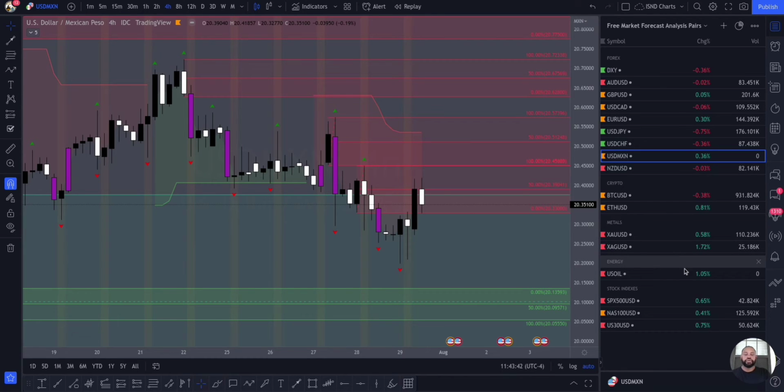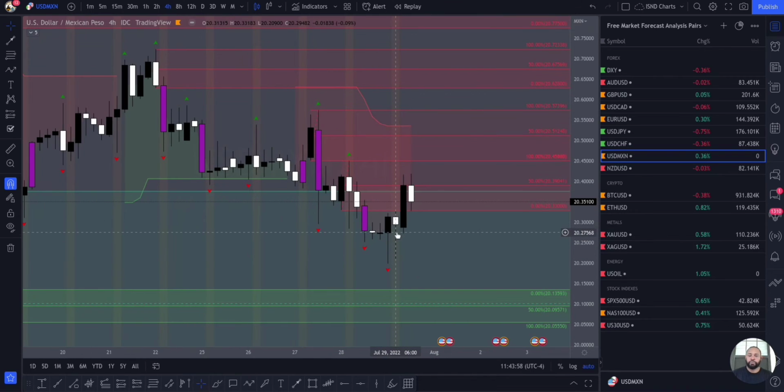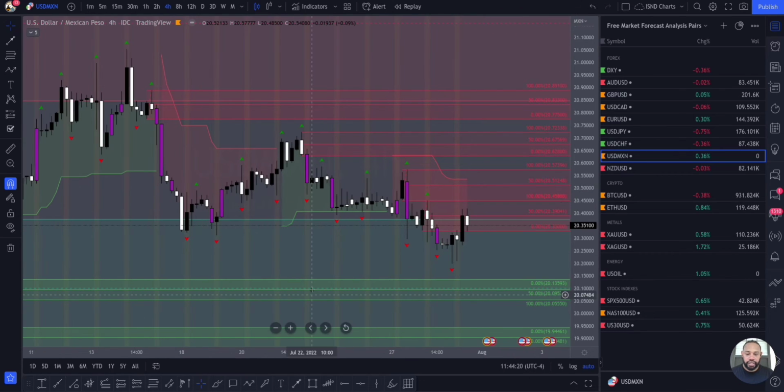All right, USD peso. Short-term currency bias for this pair is consolidation as well. We do see where supply has been in control, taking out demand. We're currently sitting inside of a 4-hour supply here that has been mitigated. So we'll see if this will continue down, or if this will be our range for the consolidation, and just play it as it's pushing through supply, or maybe it continues to react off of this 4-hour supply and push down into this unmitigated